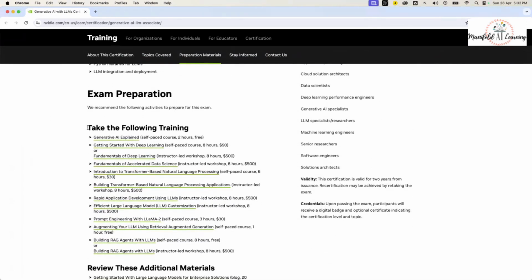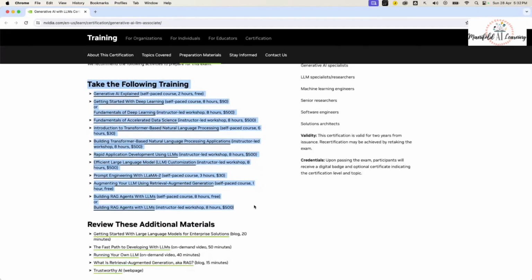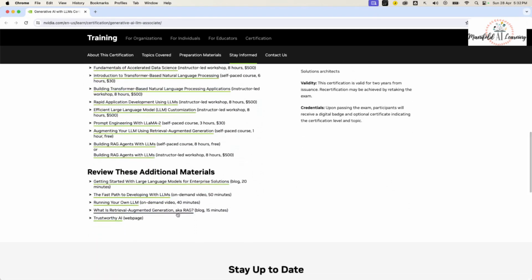They've also recommended a few trainings. If you want to learn directly from NVIDIA, they have recommended a few. I tried to personally register for their training just to see how it would look, but most of them were live webinars, which I didn't have the time for. I was checking this two days earlier, and none of them were self-paced. So I went through with the knowledge and experience that I had, and I was able to clear it, guys. But you can also check out this page for the complete information about the resources you can review, and they've mentioned additional materials as well. You can definitely go through them.